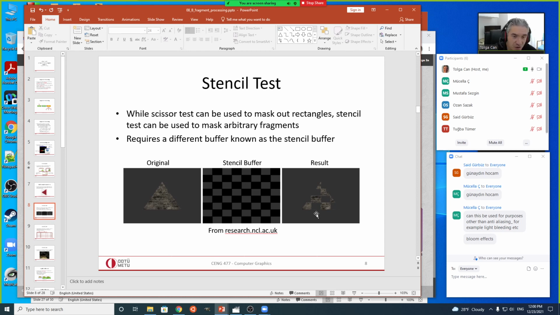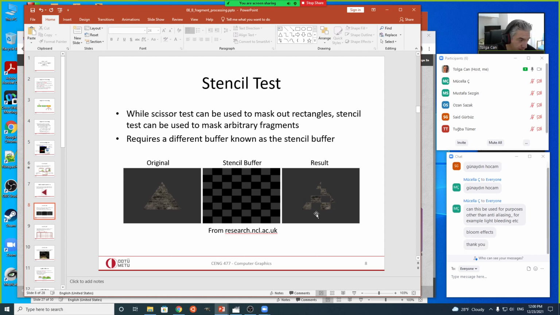You just know that there are different steps that you can apply at different stages of the pipeline, and some of those we are going to use, like the stencil test. We are going to use stencil testing in another shadow algorithm, which is called shadow volumes. We are going to see two algorithms for generating shadows in OpenGL. Shadow mapping, I briefly described how it works, and the shadow volume algorithm is also going to